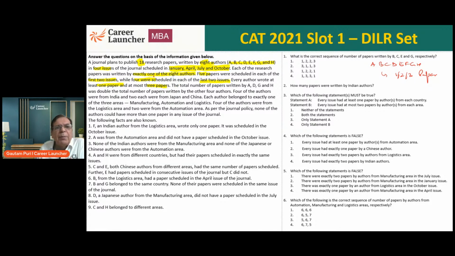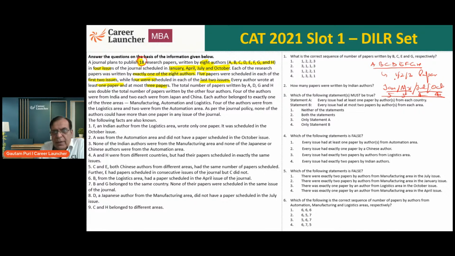These papers will be published in a journal whose issues will be there in January, April, July, and October. So the journal will have 4 issues and these papers will be published in one of these 4 issues. The first 2 issues, January and April, will have 5 papers published. July and October will have 4 papers published. So there are a total of 18 research papers: 5 each in January and April, 4 each in July and October, written by these